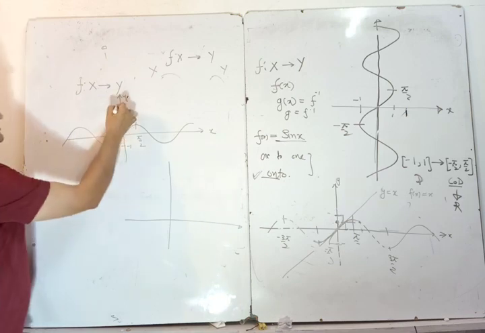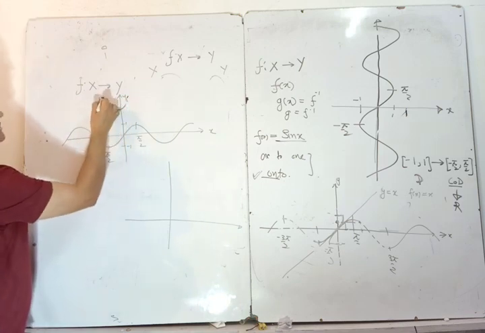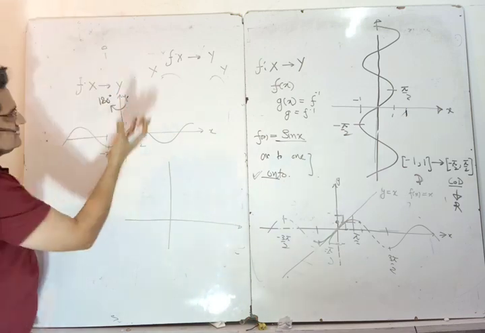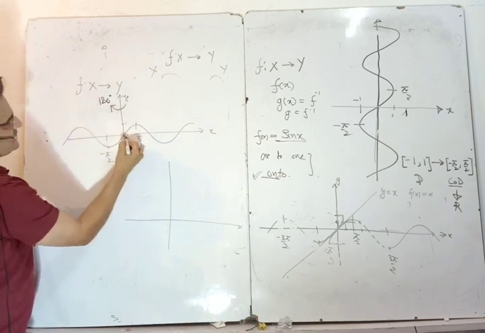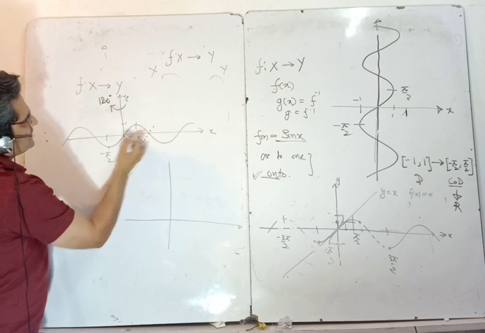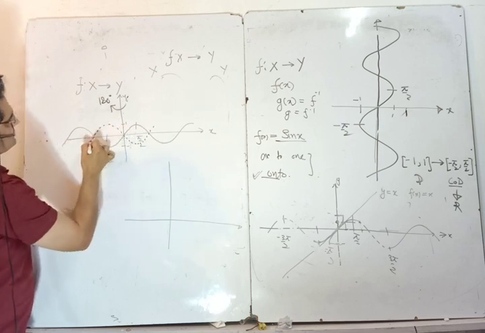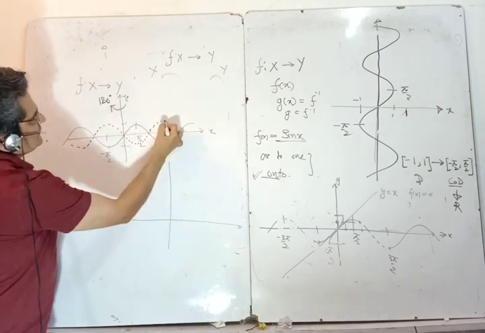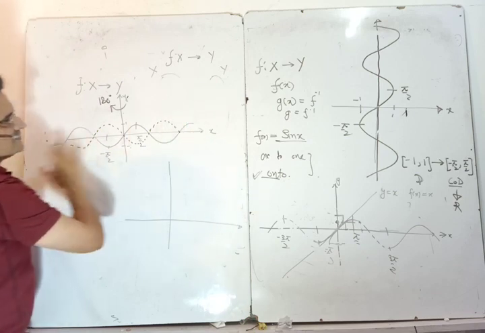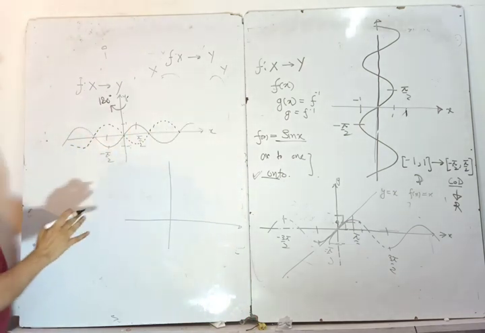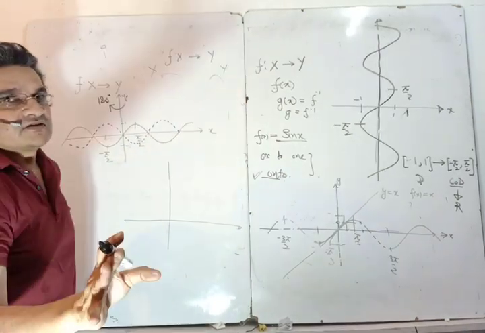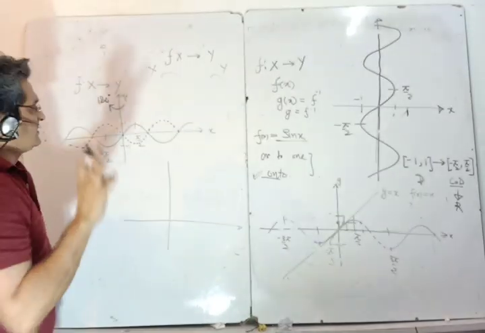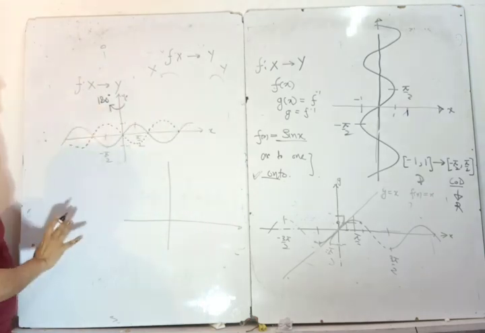Another way is to rotate this by 180 in your mind. Just flip it by 180, so this one will come here and this will go there. So let me have a dotted line. I will draw for entire real numbers: what kind of graph will we get? There's a difference between a graph and a function. When we say function, we have to be technically correct. So I am drawing a graph right now.